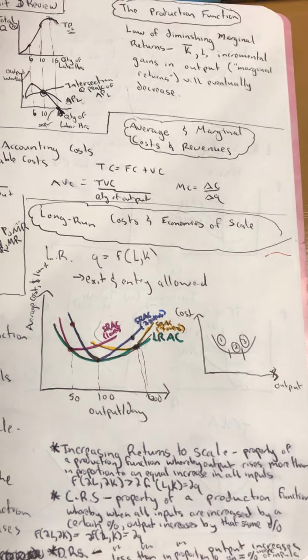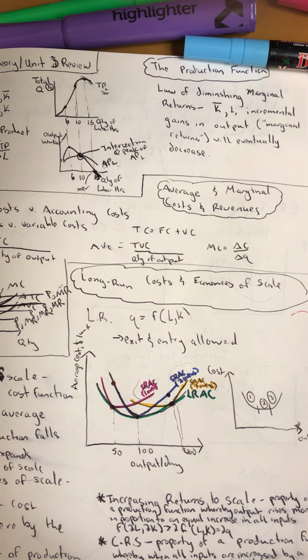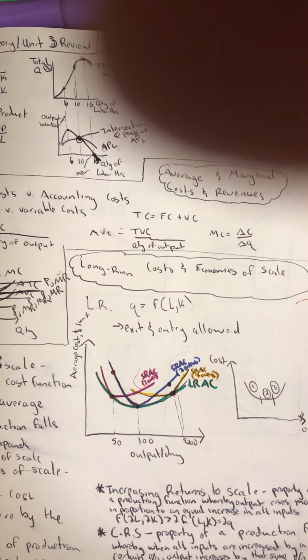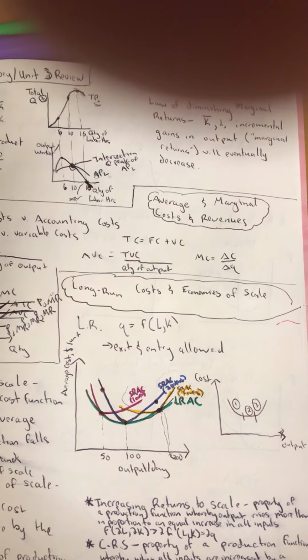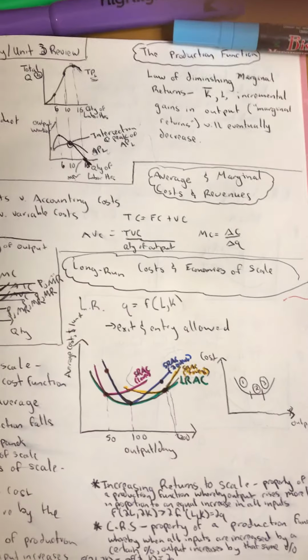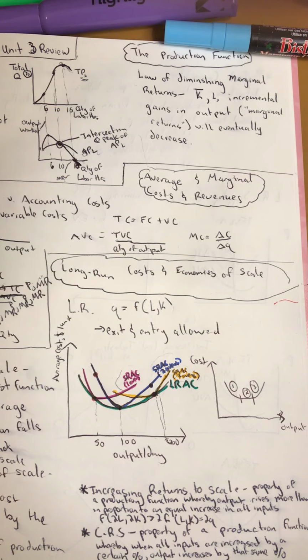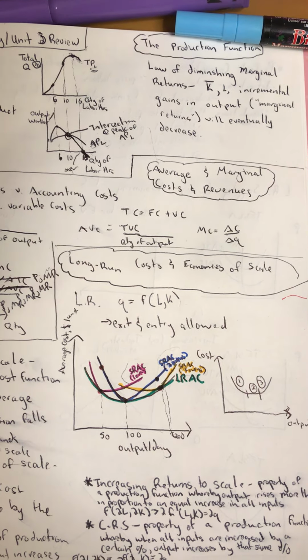Okay, so we were talking about long-run costs, and we were about to talk about economies of scale and increasing returns to scale and all that good stuff. But all costs are avoidable in the long run. So we said that we have a production function in the long run where both labor and capital and all the inputs and the vectors of inputs of production are variable. They can be changed. And so we said that for firms' long-run decisions